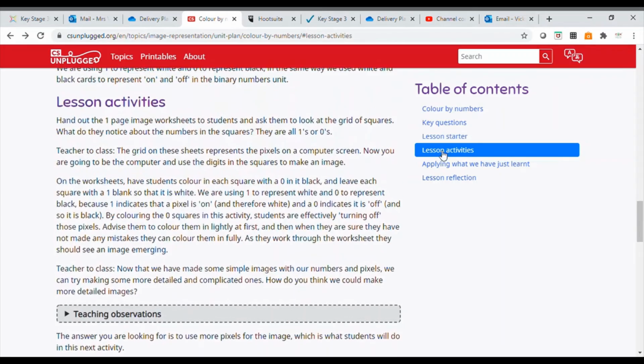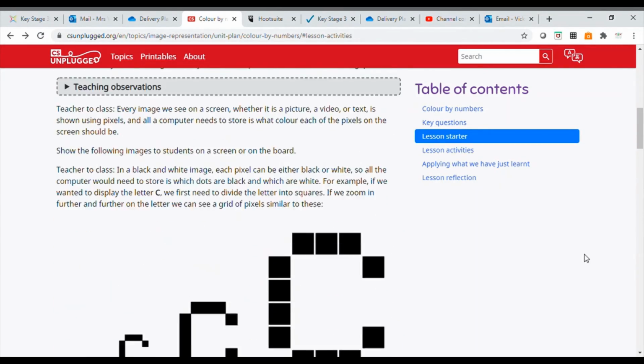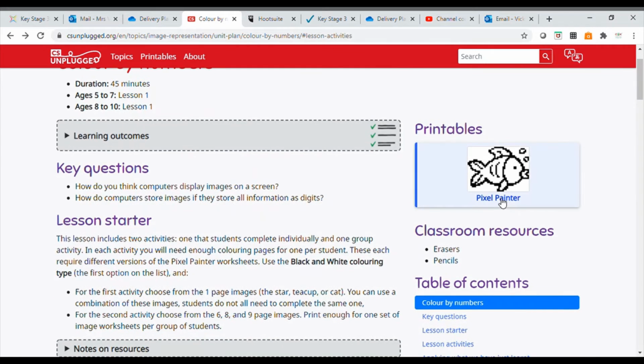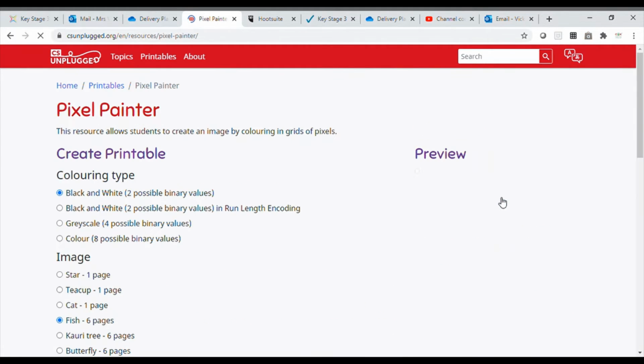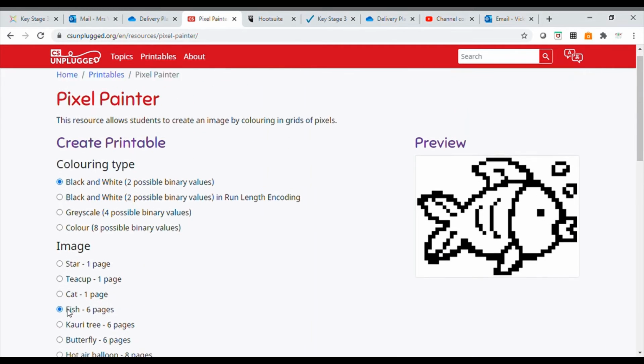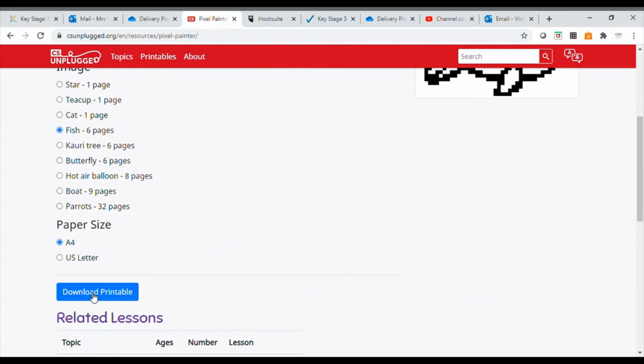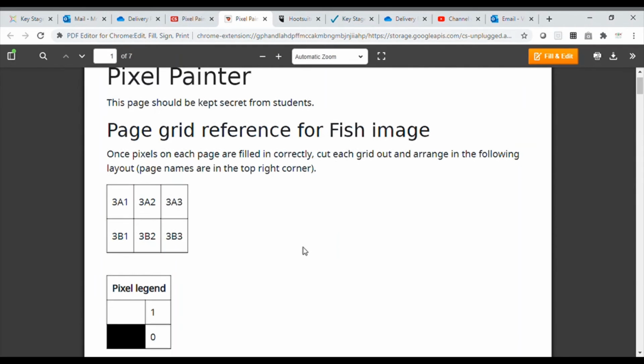So I'm just going to show you, I'm going to go back up and I'll go to the lesson activities. I'll go right back to the top here. So if I was a teacher, I would click on that and pick one of these. I think I'll go for that one, and I'm going to go for two possible. I'm going to introduce it as 2 possible values because then I can go on further and look at 4 possible values. I'm going to download. Okay,